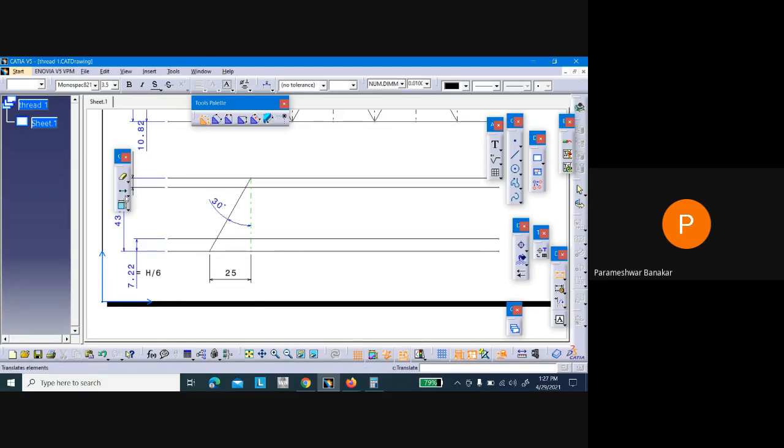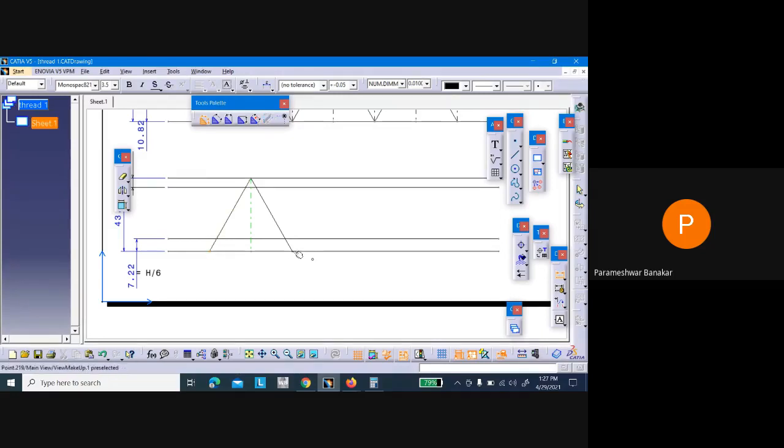Now go to mirror option, select this and axis part, then you got the mirror. Now we remove this angle, and just confirm it.